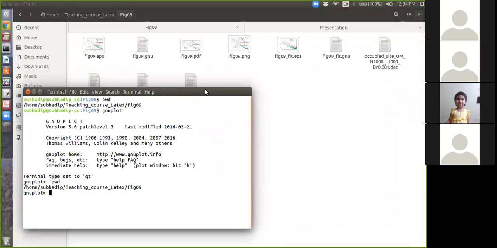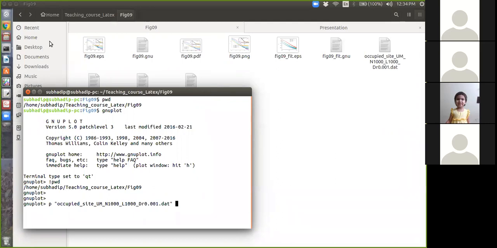So now I am going to plot a data file, any one of the data files, say this one I want to plot.